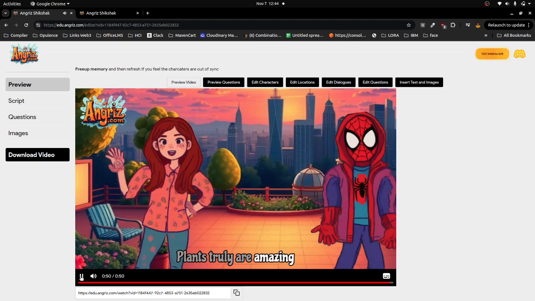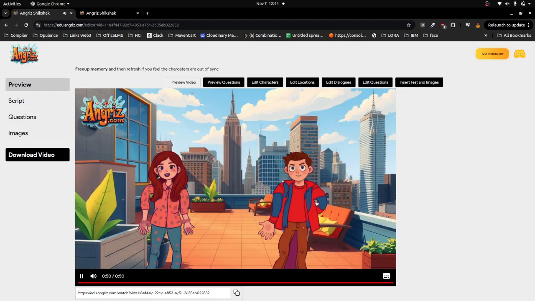Plants truly are amazing. I mean, to be honest, a bit more actions can be added. For example, the mouth alone can be animated. It will take a bit longer and it's costly, so I've disabled it at this point. But you can see the story goes something like there is smoke covering the city, stopping the photosynthesis, and then they explain what photosynthesis is. To fix it, let's clear the smoke by pouring water over the city so that the plants can make food,